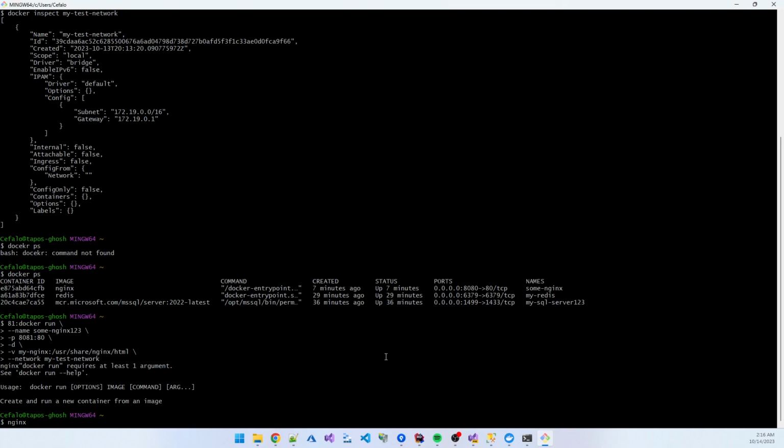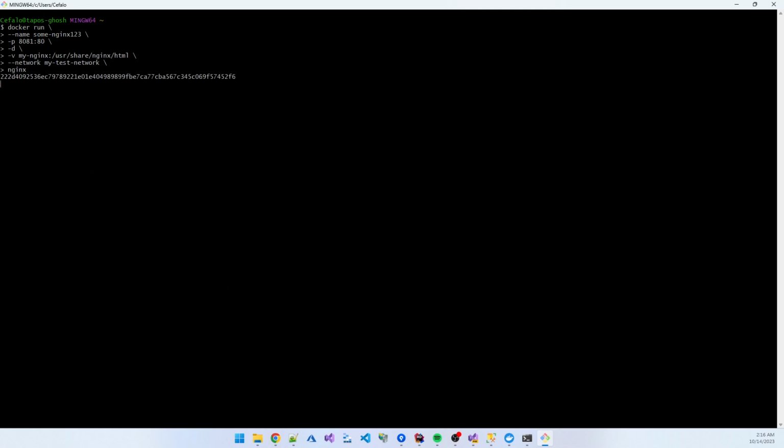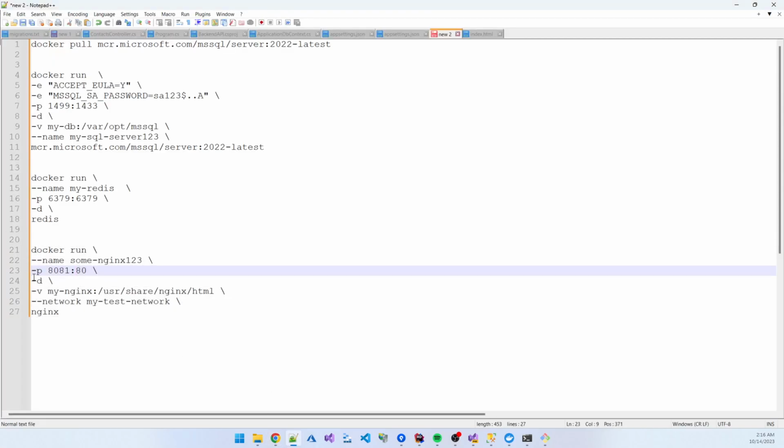Copy this and again clear and paste. You see another nginx server is also created. If you click 8181, the same information is showing because I mounted the volume, and here the volume is already mounted. Okay, so now if I again investigate my network,